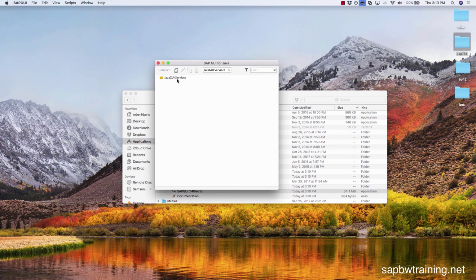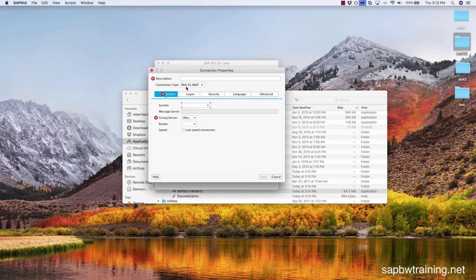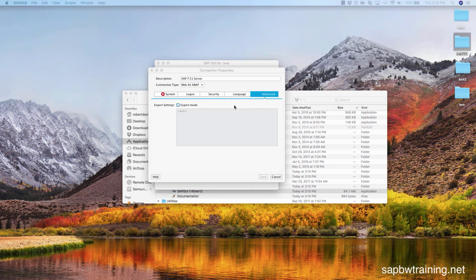All right, so from the Java GUI Services folder, right click and choose New Connection. For our description, we can call this whatever we want, but I'll call this SAP 7.51 server. We can leave everything on this page as is, and then pop on over to the Advanced tab. Then we'll check the box for Expert mode. And then we're going to leave the CONN equals, and now we'll input